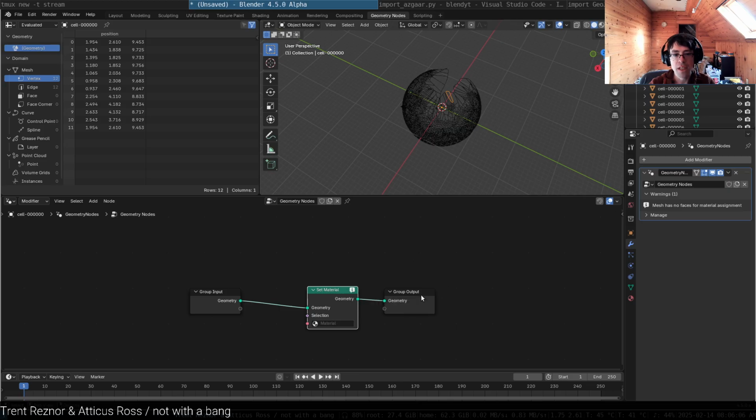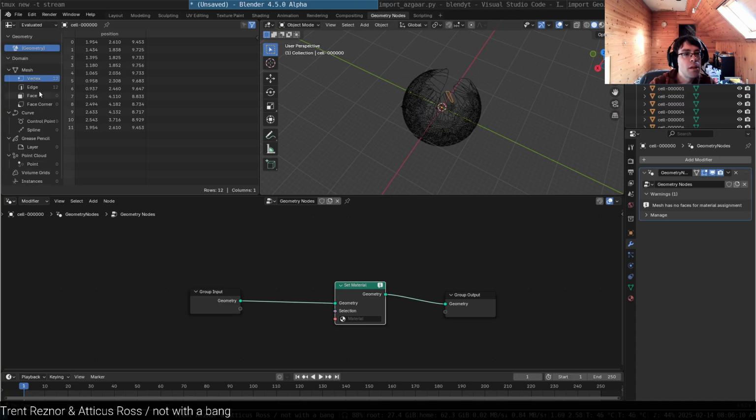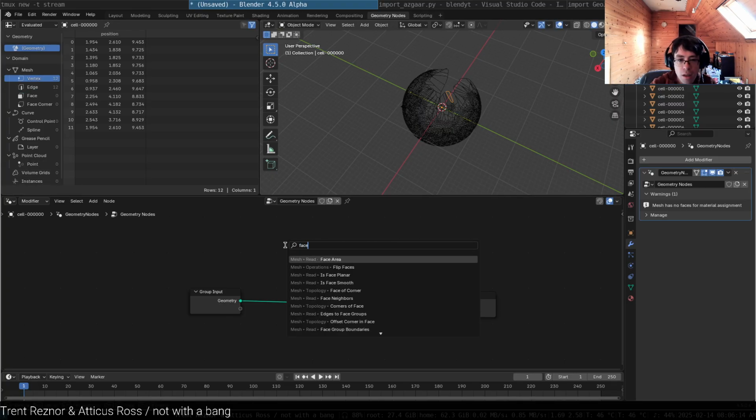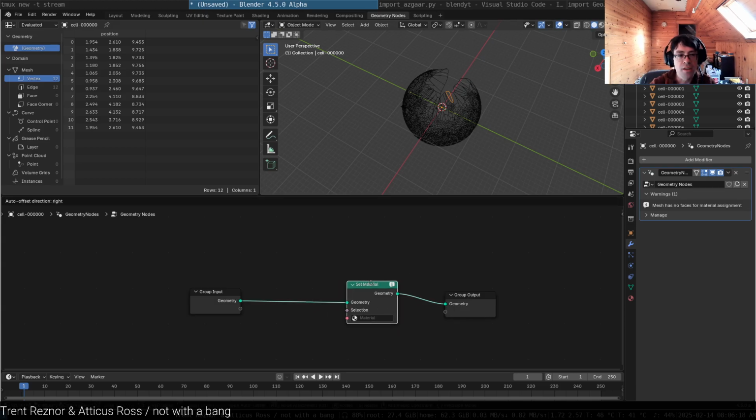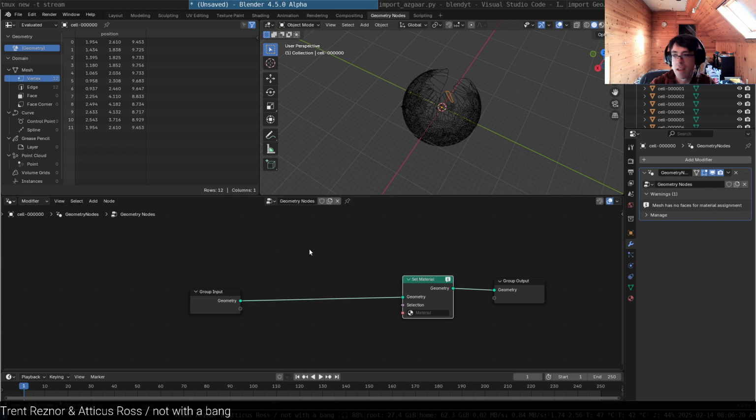Material has no faces for mesh assignment. Oh, interesting. Yeah, it's got vertexes and edges. This is, oh yes, this is actually the part that I need to spend the most time on. This is where we need to take these sets of vertices